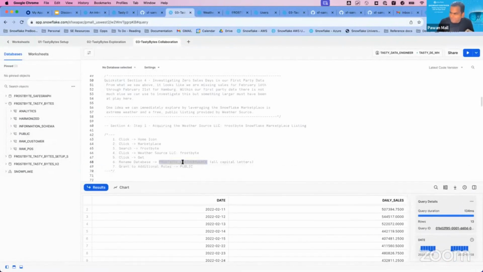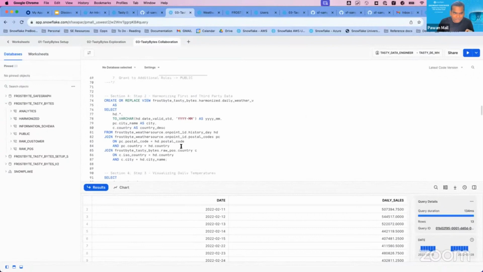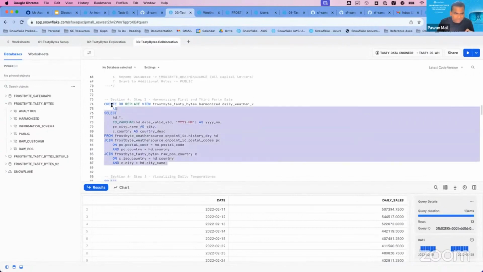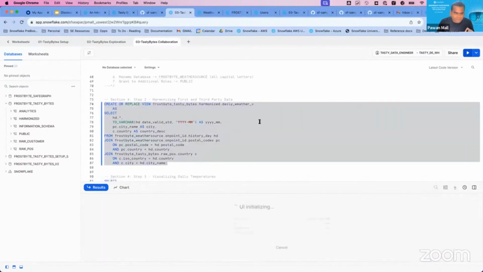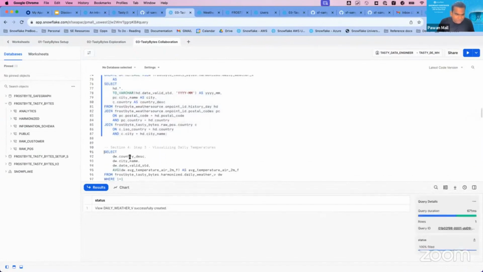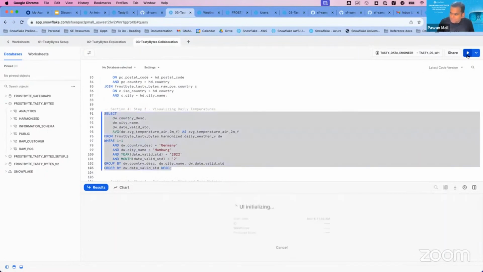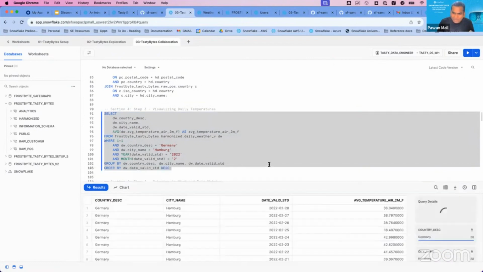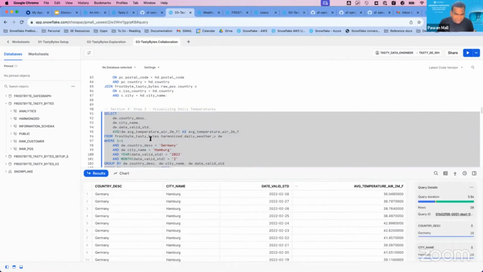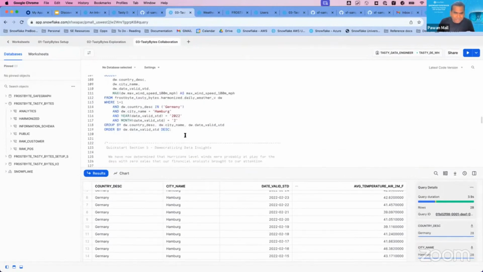Since I now have the weather data as well, I can run some queries to find out what exactly happened during those days. So I can create some of these views. Let me do that quickly. My first guess is, was the temperature very high, or were there any issues with the temperature? After running this query where I'm combining my first party data with weather data, I see that temperature was more or less normal. There was no difference as such.